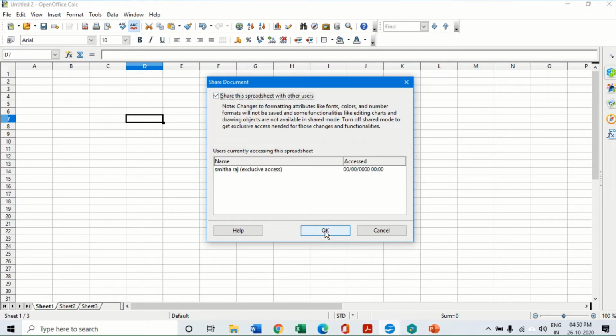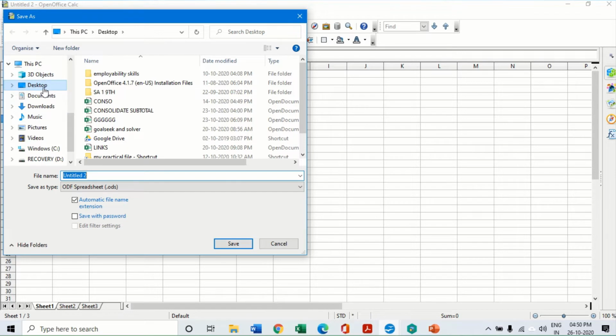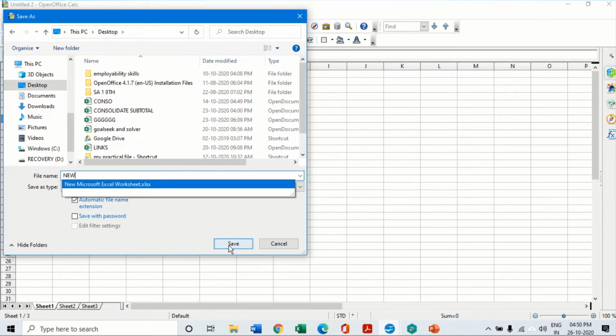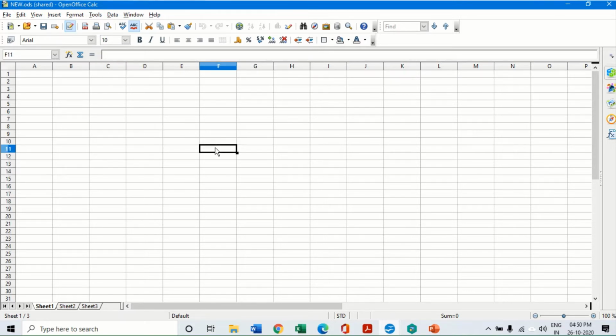But when you click on this and say OK, and now save this file, suppose I save this file on the desktop and give it a name, let's take new, and say OK, you see the file name gets changed to new.ods, and in brackets you see the message called shared, which means that as of now it is a shared document and multiple people on the network can work on it. So sheet number 1, sheet number 2, wherever they want to work, this particular workbook is now available for others also to work with.